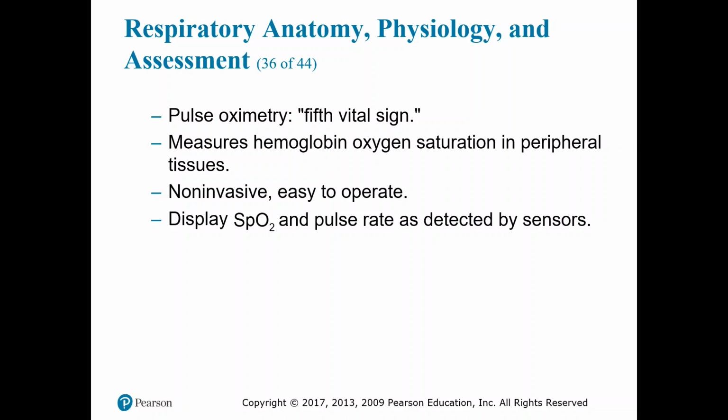Okay, now let's talk about non-invasive respiratory monitoring. So these are things that are going to be on the outside of the body. These are tools, and remember, these are tools. So they're to be used, but they are not to replace a good solid auscultation, visual, and tactile or palpation type assessment. Several available devices will help measure the effectiveness of oxygenation and ventilation and maintain the parameters